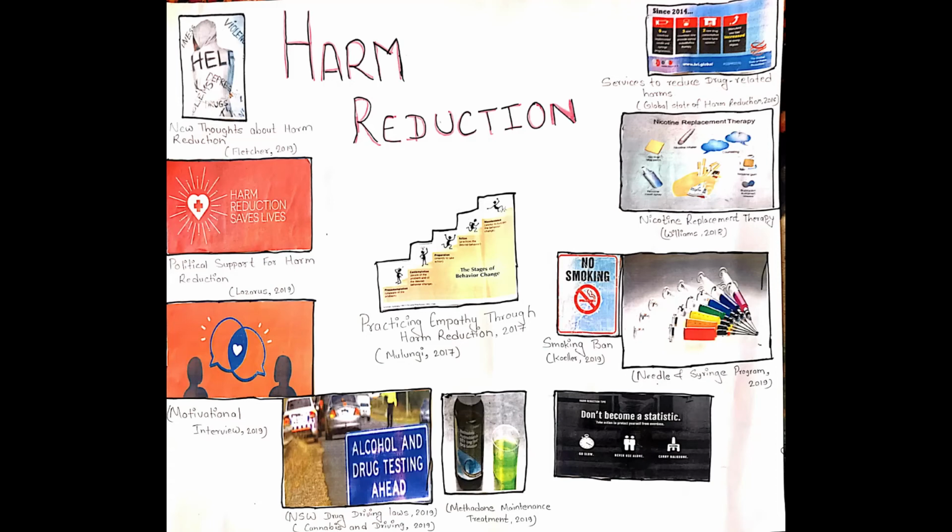Methadone maintenance treatment is another approach of harm reduction where the effect of opioid withdrawal is relieved by reducing drug cravings. Methadone medication occupies the same brain cell receptor as opioids like heroin and oxycodone. So methadone imitates the effect of opioids without producing the high effects associated with addiction. Similarly, the needle and syringe program provides free access to injecting equipment. Thus, harm reduction practitioners accept people as they are and avoid being judgmental.